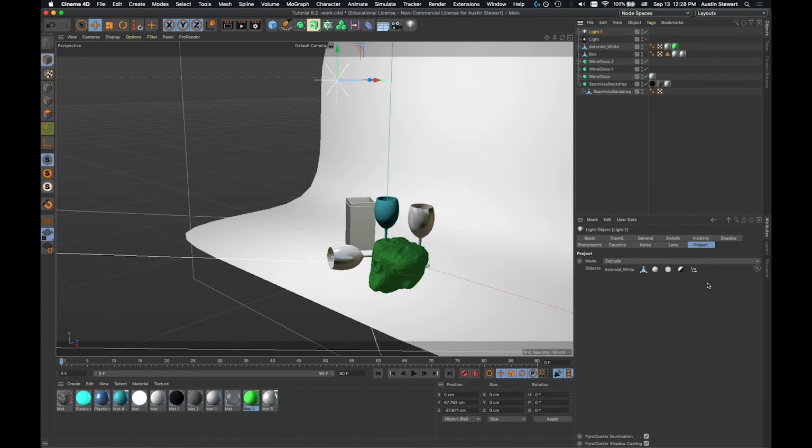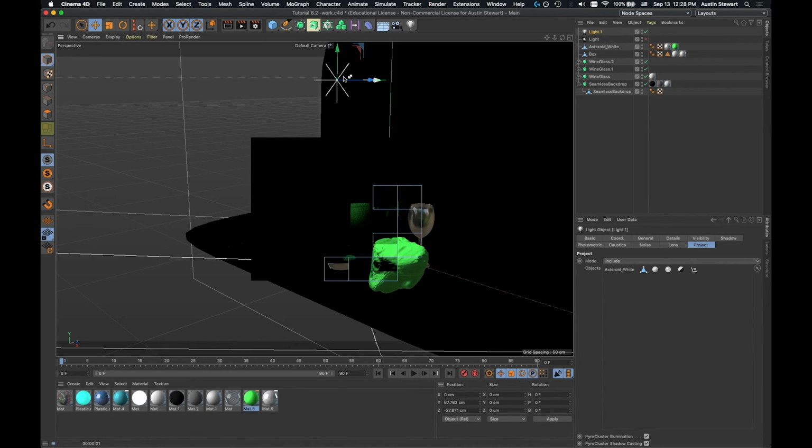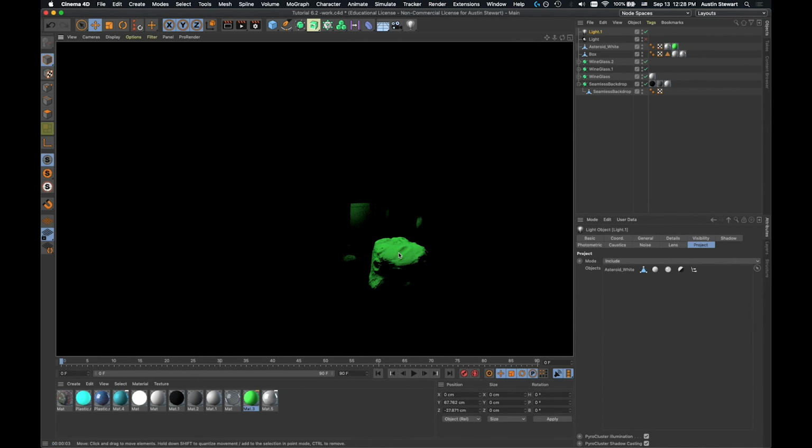Okay, so I'm clicking on this light tab again. The other thing I can do is switch this to include, and what that means is this is the only object that this light is going to illuminate. So now it's the reflectance, so you can see where this object is being reflected in these other objects, but all I'm lighting is this one object, even though I have the rest of the scene in here. And this can be really useful